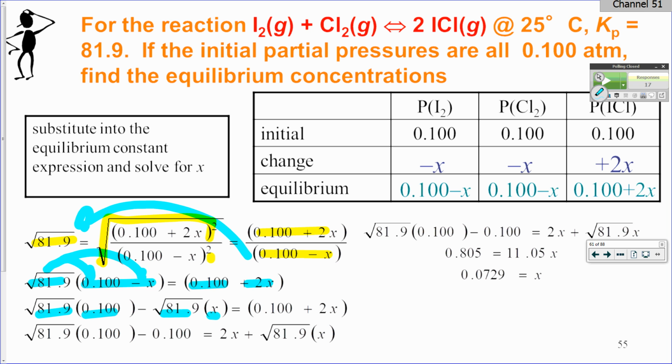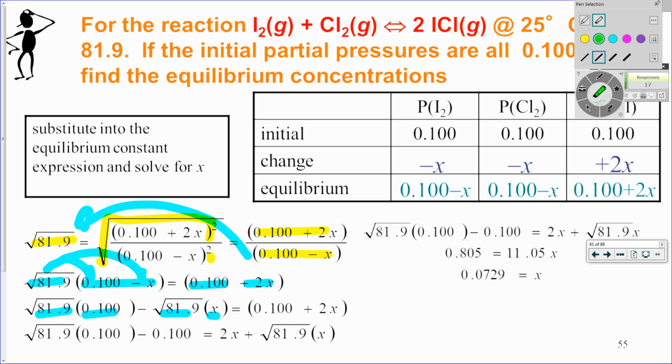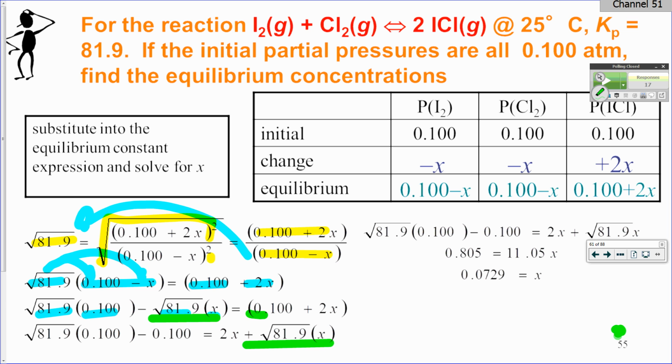So I put the x's on the same side. I took this x that was a minus here, moved it to the other side. Now it becomes positive. The 0.1 that was a positive on this side, move it to this side, it becomes a negative. So now when I put those two together, I've got on the left-hand side the square root of K sub C times 0.1 less 0.1,